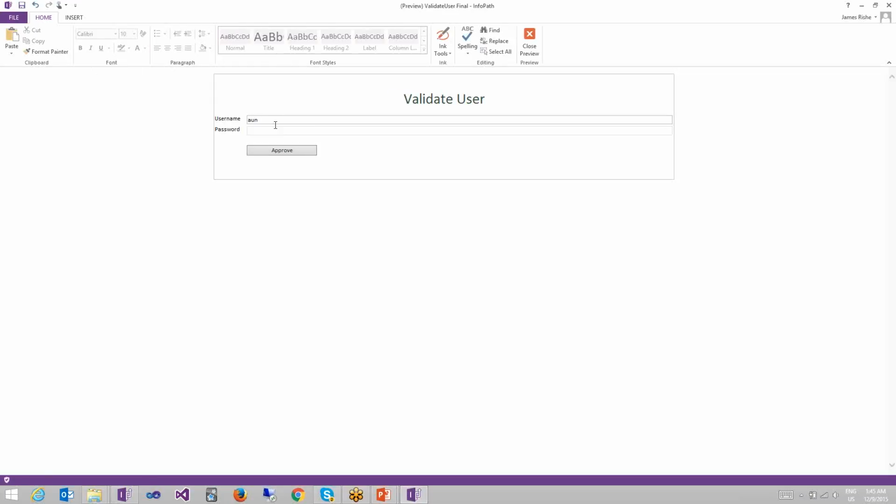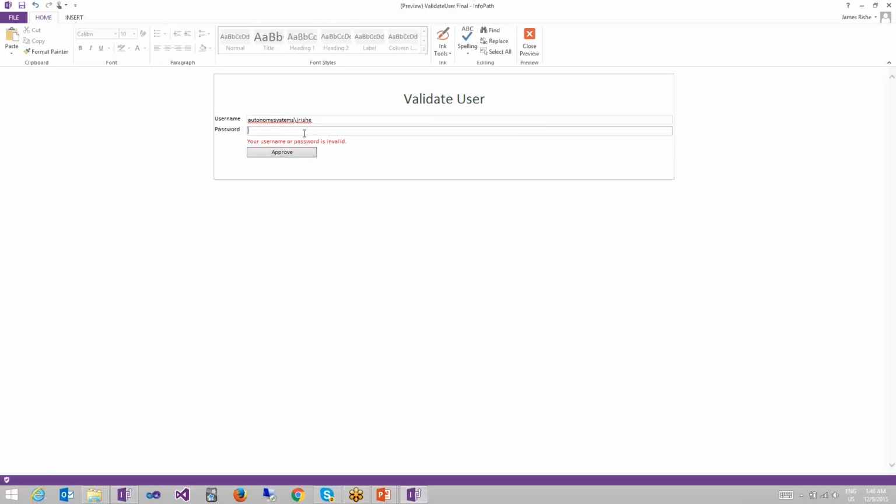So I'm going to enter my username, and first I'll enter in an invalid password, just a couple of random characters, and I hit approve. So this runs the validate user command, and I can see that it's detected that the username and password were not valid together, and it's telling me that they were invalid.